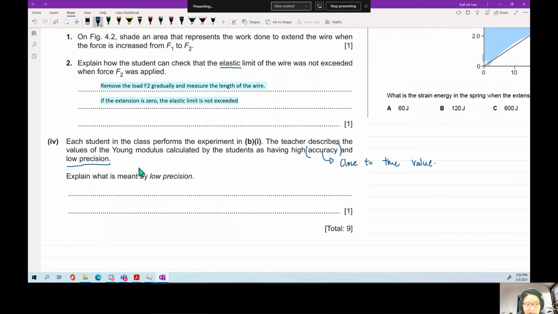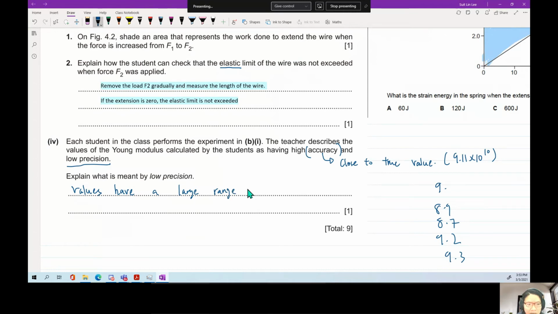Low precision here means the sensitivity is too low. Okay, so if the sensitivity is too low, it means that maybe the true value, for example, is 9.11 times 10 to the power 10. But some students will get 9, some students will get 8.9, some students will get 9.2. So this one is close enough, but they are quite far and very spread out. Some people get 8.7, but you average them, you get 9.1. So low precision here means that the values have a large